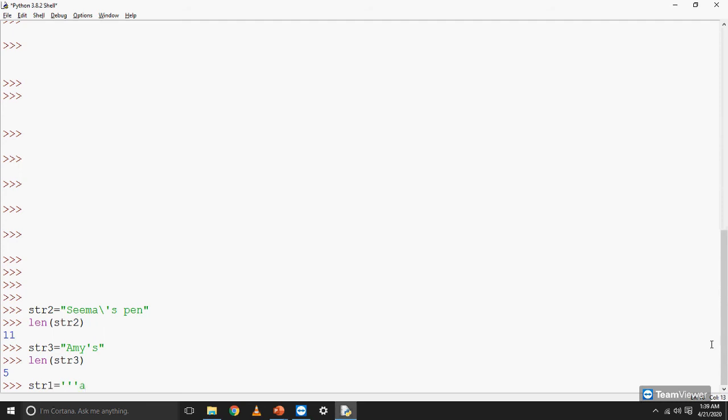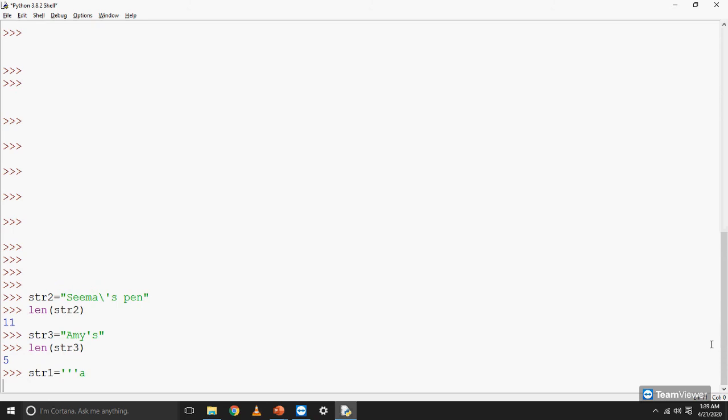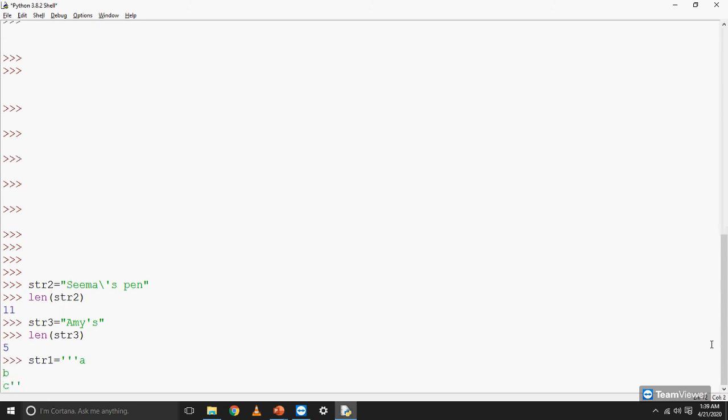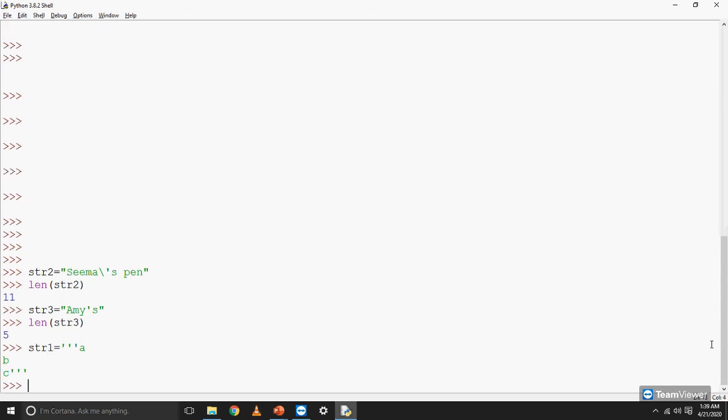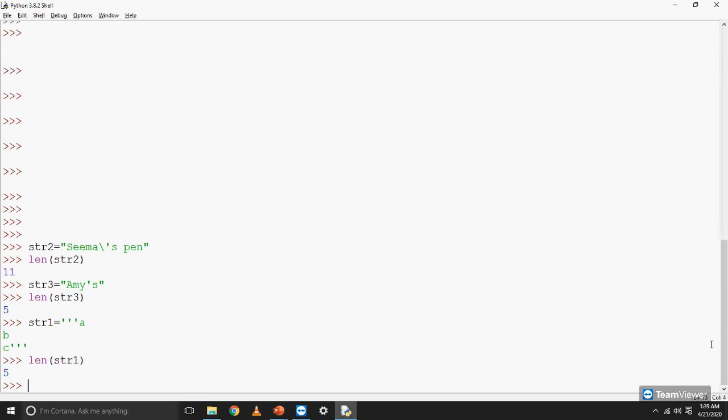I'm putting an enter after A, B, enter, C, then the closing triple single quote. Now I'll see the length of str1. It should come out to be 5. So here it is.